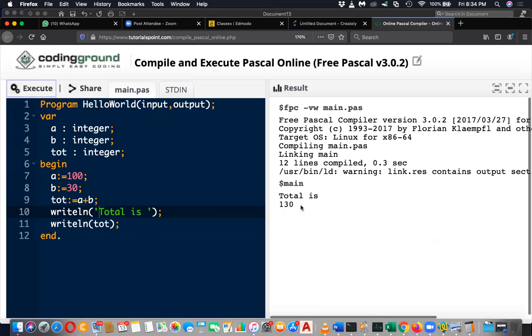Here total is 130. And if you put write without writeln, then when you execute,